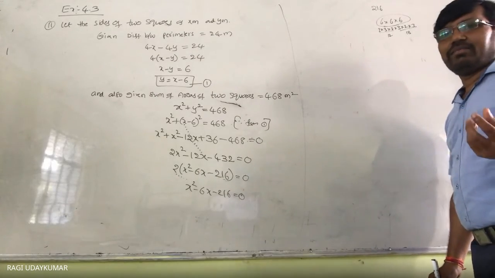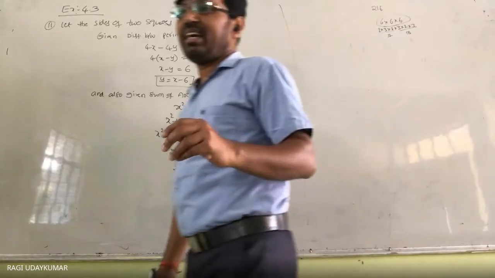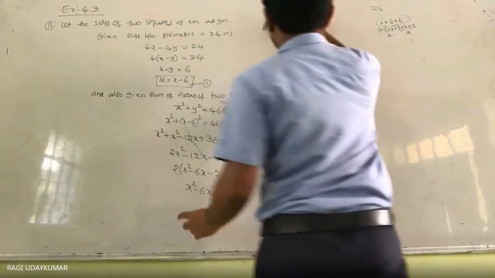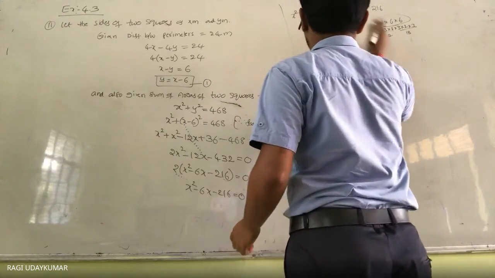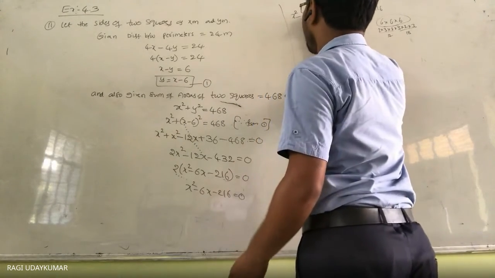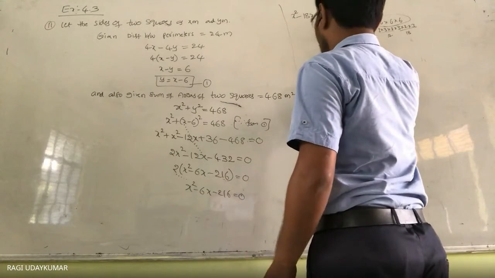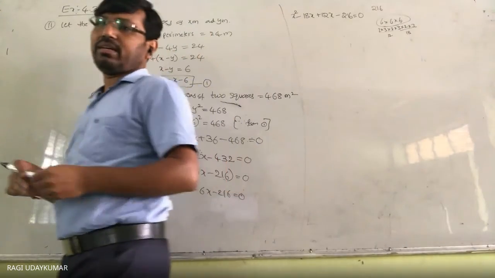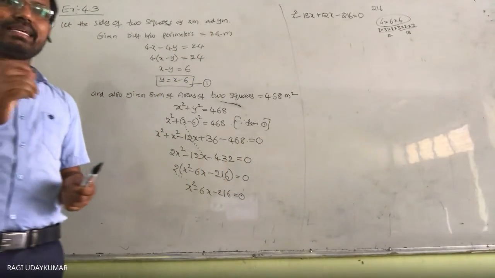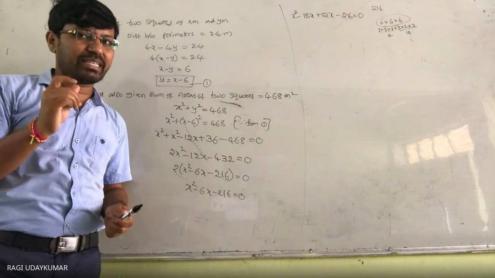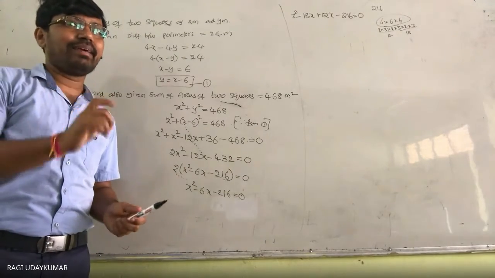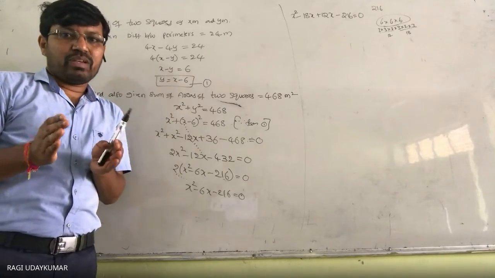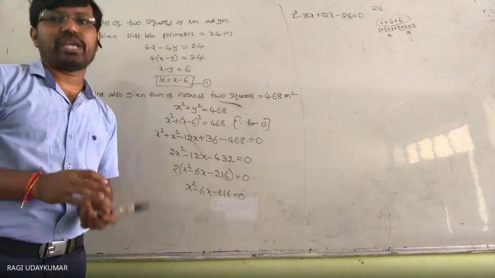I am not catching it in the first attempt, I am also checking once or twice. It takes some time for you to catch that one. x square minus 18x plus 12x minus 216. You may think, sir, how are you catching it the first time? No, I am just guessing here that the number difference should be equal to 6. Smaller difference we need to get, so that the numbers should be equally distributed. Based on that I am checking, that's all.